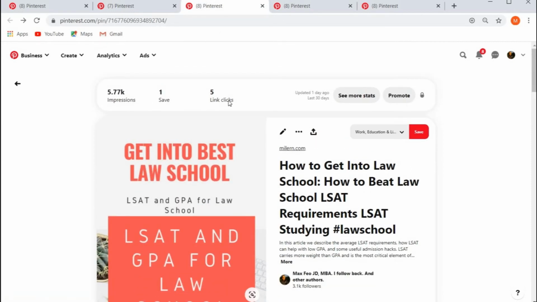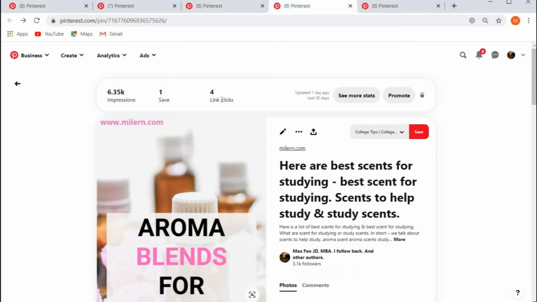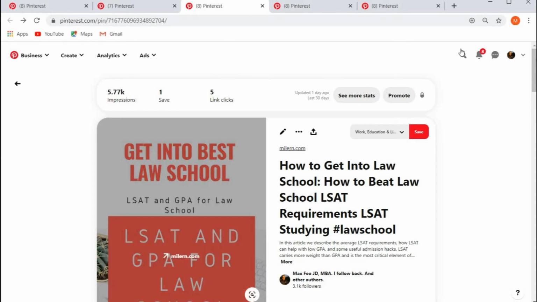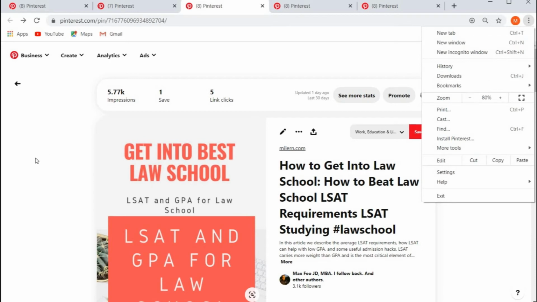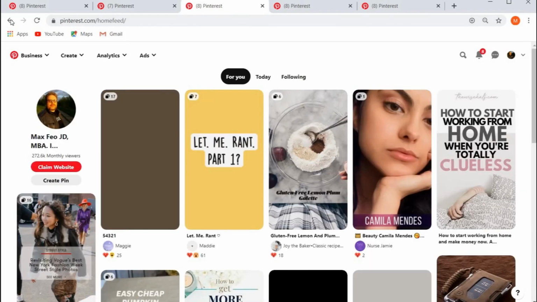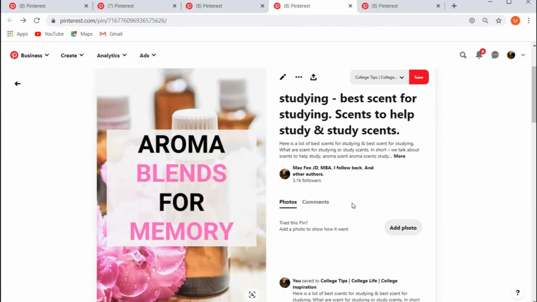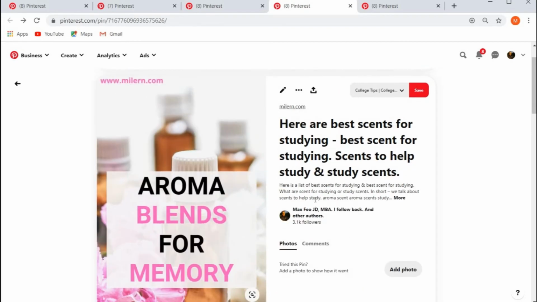It will be better performing than this pin, guaranteed, because this one is like 1.5 months old, and it's got 5 clicks, and this is less than 3 weeks old, and it's got 4 clicks. So see, it's already catching up because of the topic. The topic is more appealing to a large number of people. So before you niche down, you have to select a large, huge topic that lots of people are interested in. And then within that niche, you can niche down even better.